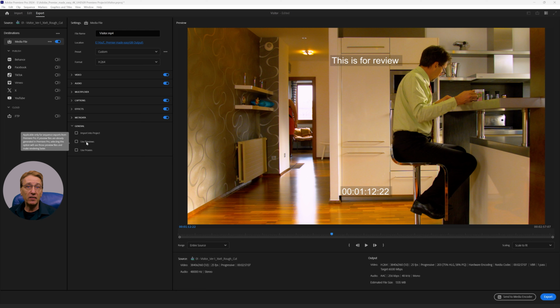Use previews makes sense if the previews are in the same format as the planned output. Rendering such previews takes longer and consumes more space, but it saves time during export as Premiere can use the previews without having to re-render these sections. The same applies for proxies. However, I will create a separate tutorial on proxies, so I won't go into it further now.